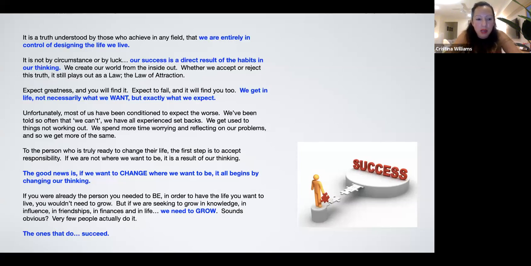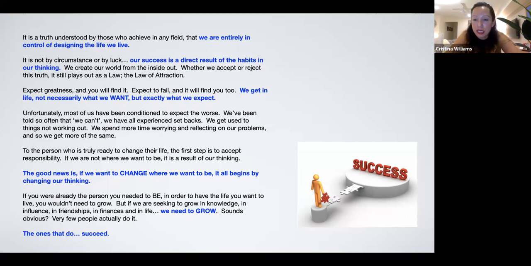I know that when I was struggling previously, there were times where I blamed everybody. I blamed the government. I blamed my clients. I blamed my employees. I blamed the market, the timing. But when I started taking responsibility back under my own personal umbrella is when my life started to change. When I started investing into my own thinking habits and starting to really change my world from the inside out,